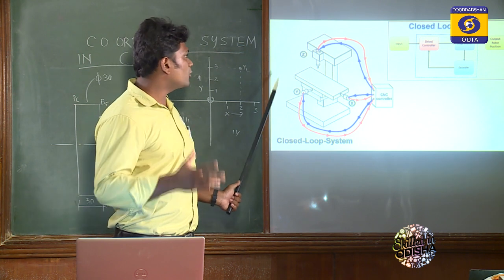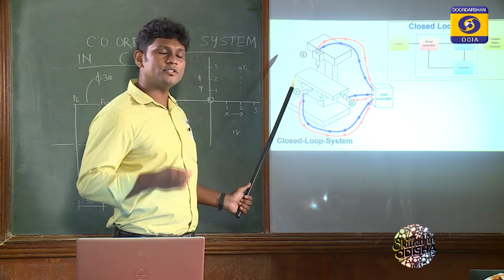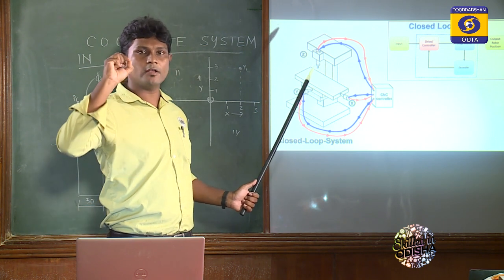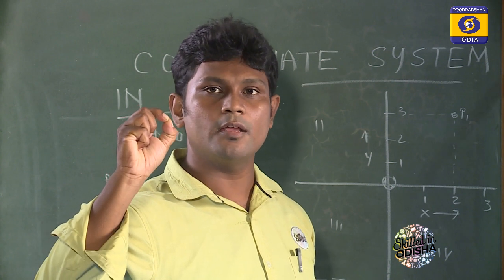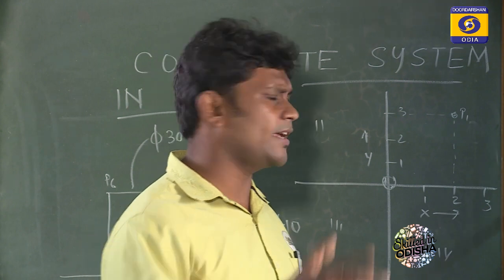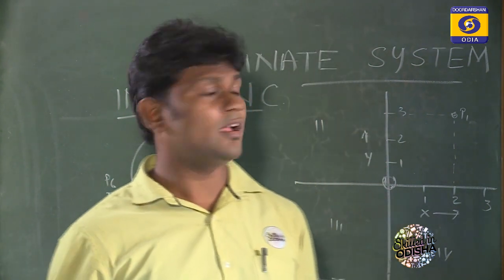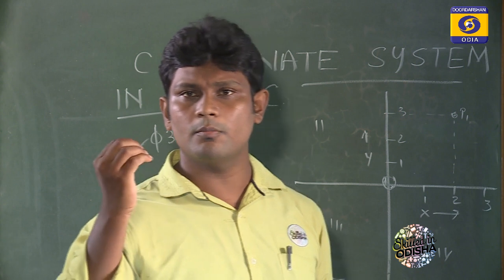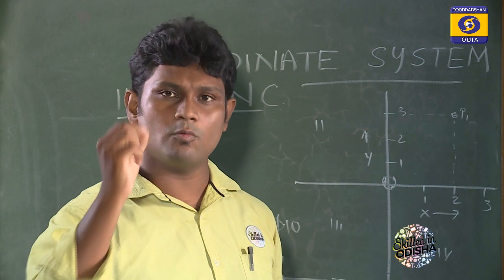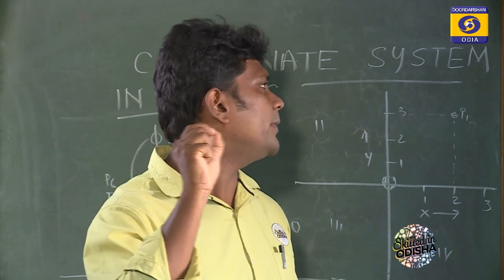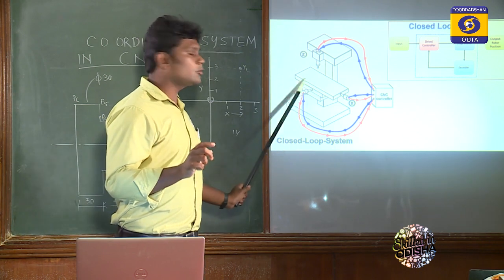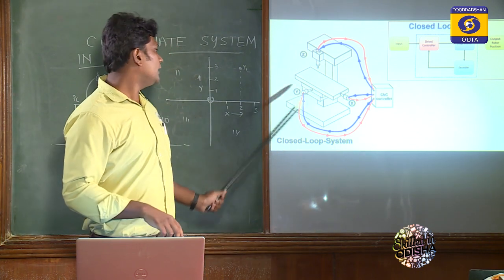That means in this closed loop control system we get our required positional accuracy and velocity accuracy with respect to our program. So a 1 micron movement in the CNC machine in the XYZ axis is possible, which is basically not possible in the NC machine due to some external factors. And we know that a micron is the thousandth part of 1 millimeter. So this minute movement is possible in the CNC machine. This closed loop control system is vital to control the CNC machine to get the required positional accuracy and velocity accuracy.